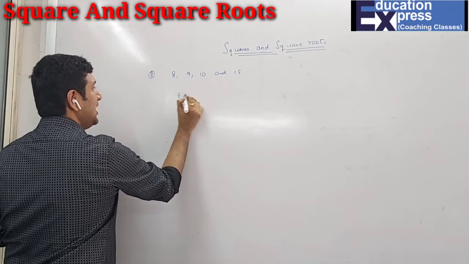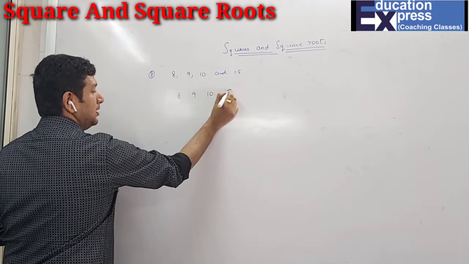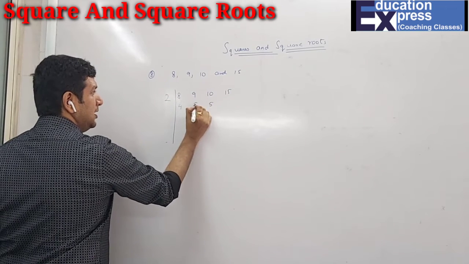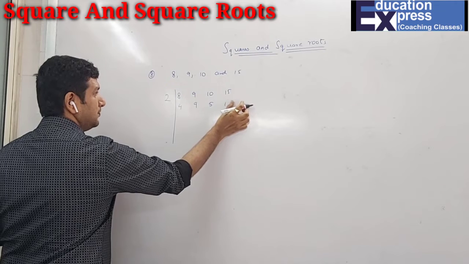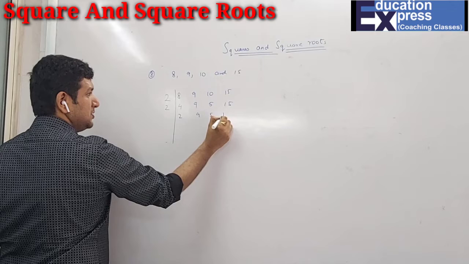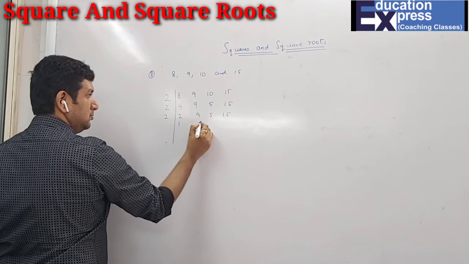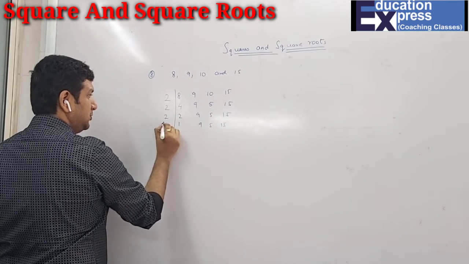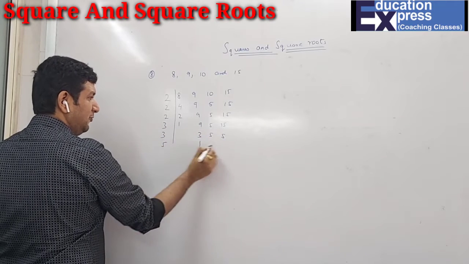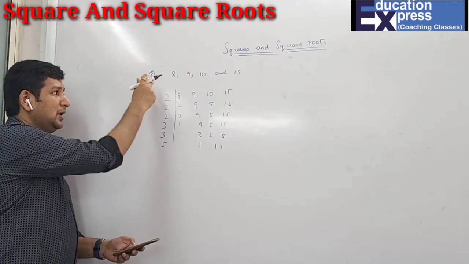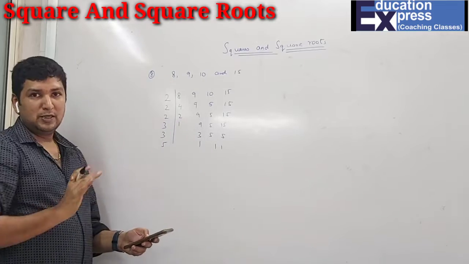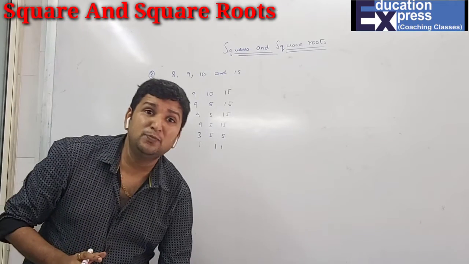So first I will find a simple LCM. 2 4s are 8, 2 5s are 10, 9 and 15 come as it is. Then 2 2s are 4, nothing else is divisible. 2 1s are 2, nothing is divisible. 3 3s are 9, 3 5s are 15, 3 1s are 3, and 5 1s are 5. Now students, this is the number I have. When I multiply all these numbers, 100% all these numbers will be divisible. Agreed. But they have asked me for a perfect square.